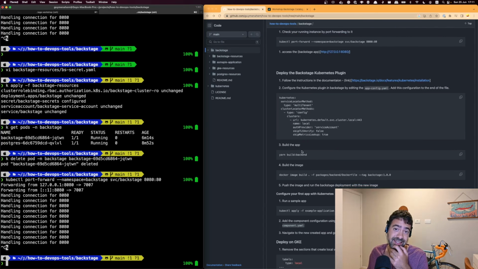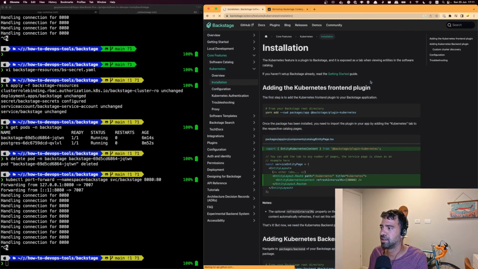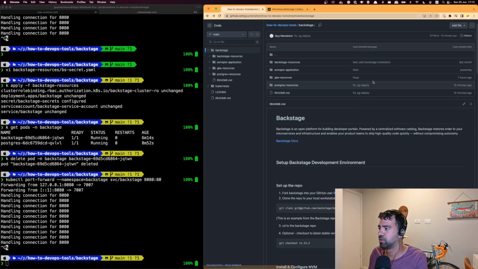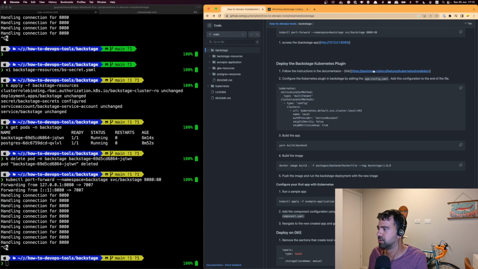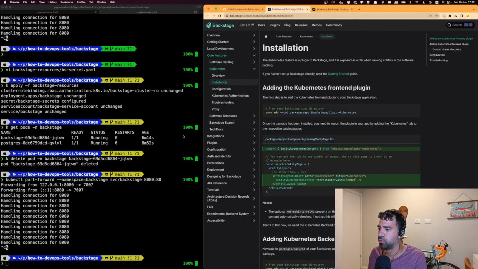But what we want to do next is to connect it to a Kubernetes plugin. And in order to connect it to the Kubernetes plugin, we are going to do some work. What it means is we need to follow the documentation explained in here. Let me even open it in a different browser. Okay. So what we're going to do is, as you see in here, actually installing the Kubernetes plugin is not